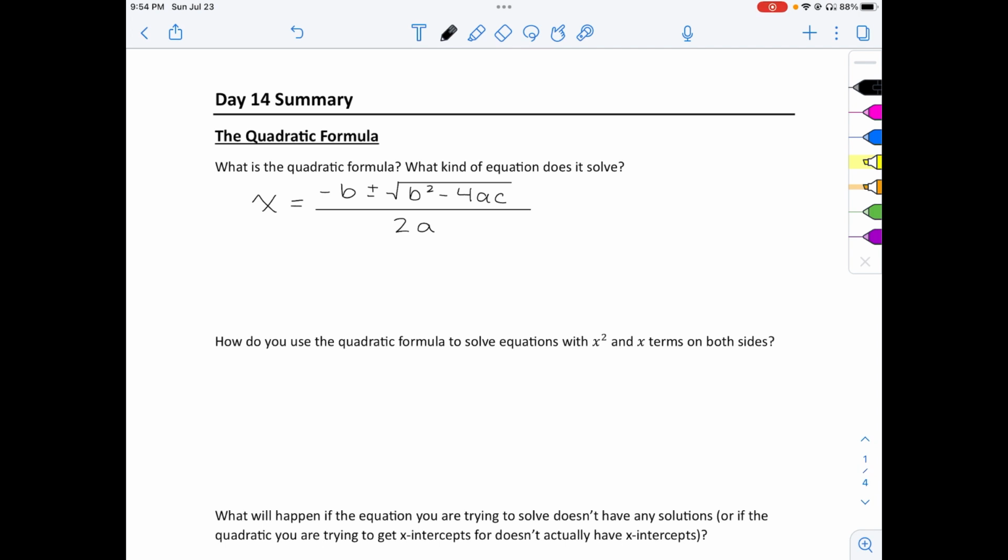You won't need to memorize this. You'll be given it on the test, and obviously the course is online, so I can't stop you from using your notes to look at this. However, I will link a video with a song from another creator, and it's to the tune of Pop Goes the Weasel, and it was how I was taught the quadratic formula, and it's how I still remember it to this day. I sing the little song in my head while I write it out. So I will attach that video with a link in our classroom,